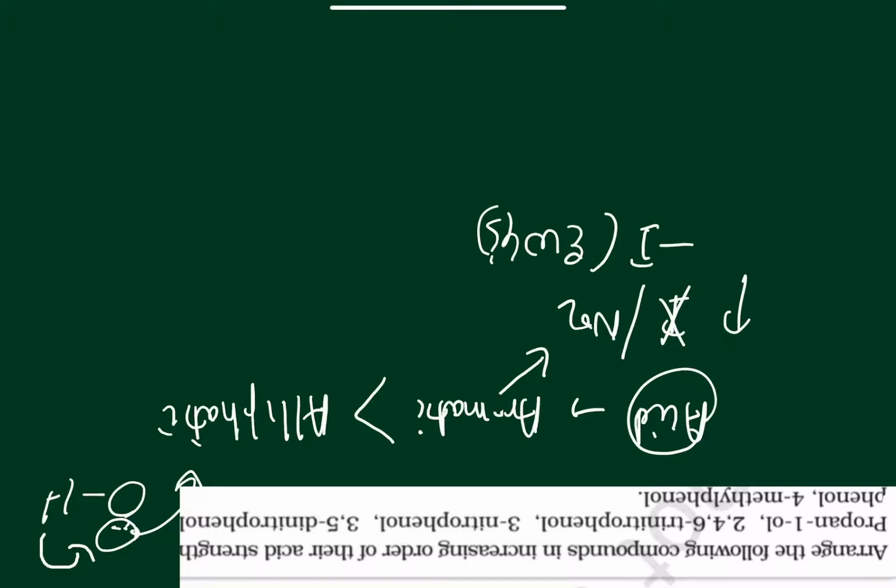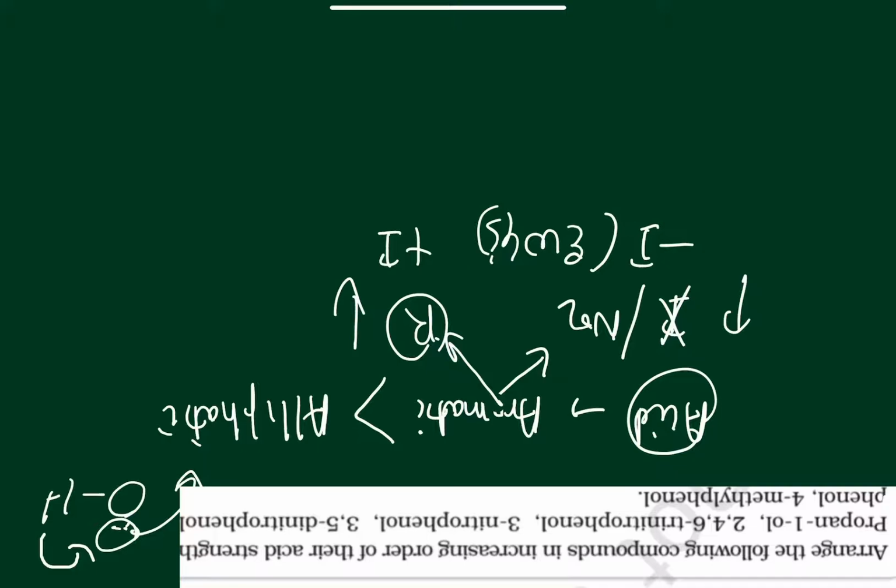Whereas groups like methyl, R groups, they will decrease the acidity because they are electron donors, they have a plus I effect. Okay, so electron withdrawing groups increase the acidic character, whereas electron donating groups decrease the acidic character in an aromatic compound. So let's see this now. And more the number of groups, more will be their effect, obviously.